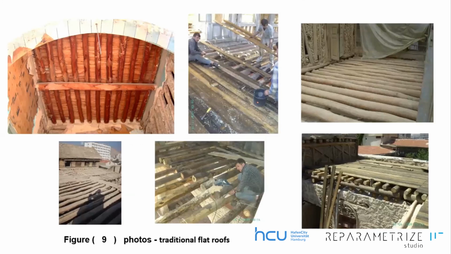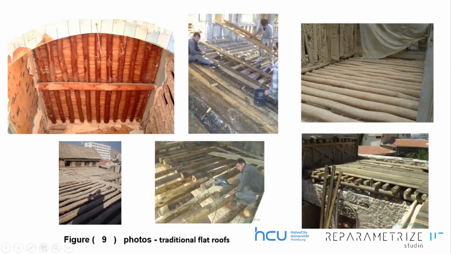We can see how many natural wooden beams are needed in this part of the elements. You can see the main beam and the second beam and the shelves over it, and the clay and covered by